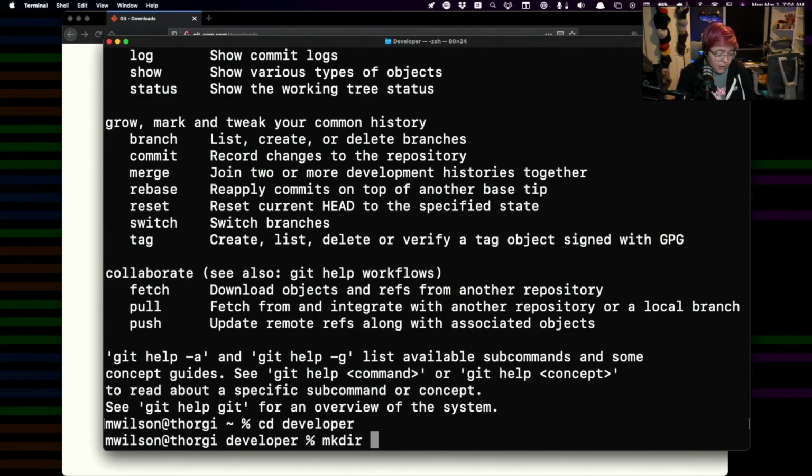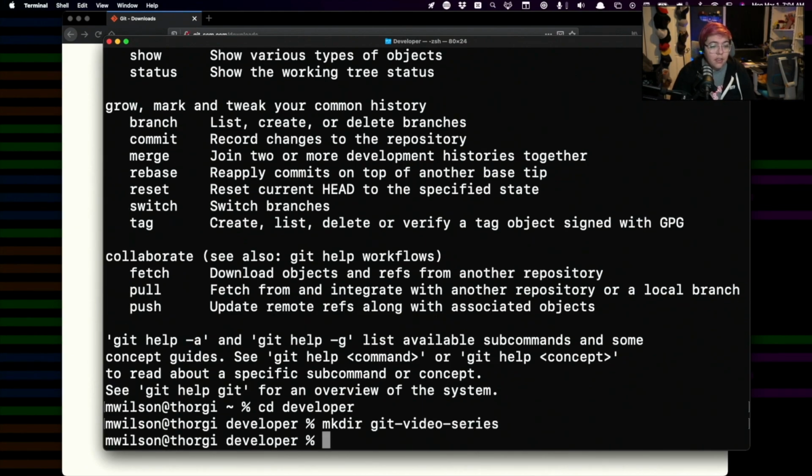So I'm gonna say Git video series. So now that I've made that directory, I'm also gonna go into that directory. So you have to be inside the directory to actually tell Git this is the folder that you want to track. So we're going to hit cd for change directory, git video series, which is exactly what I